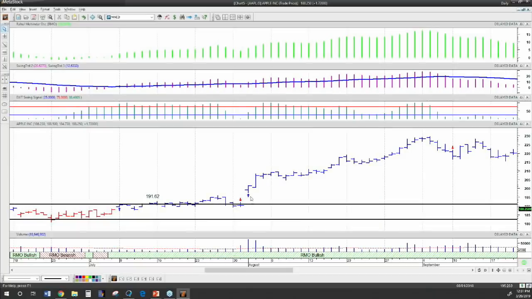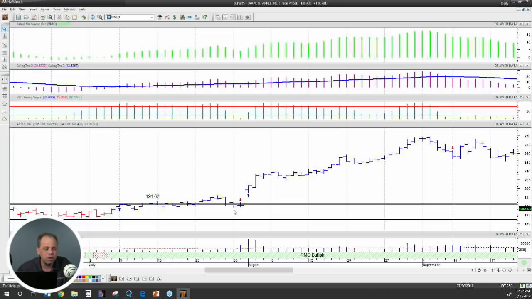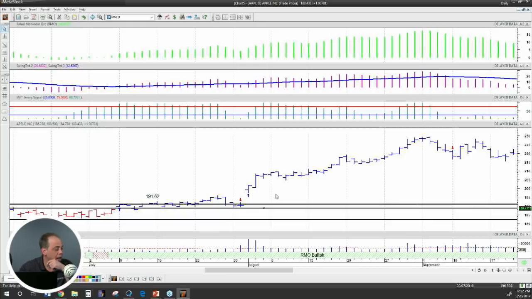So in the case of this particular move right here, what I'm going to look for is simply a pivot low. So I look for that low that's surrounded by two higher lows, and I'm just going to put a vertical line right below that pivot low. Okay, so here we've got the pivot low, we've got our two higher lows, and I'd like to see just a little bit of white space under that, so I might drag it down just a little bit on the chart so I can see a little bit of white space. So now, I'm not really making any money in this trade, but I've got a new support level.